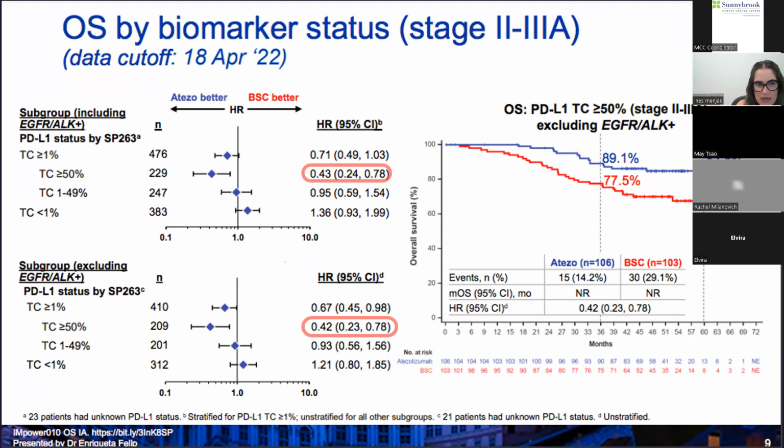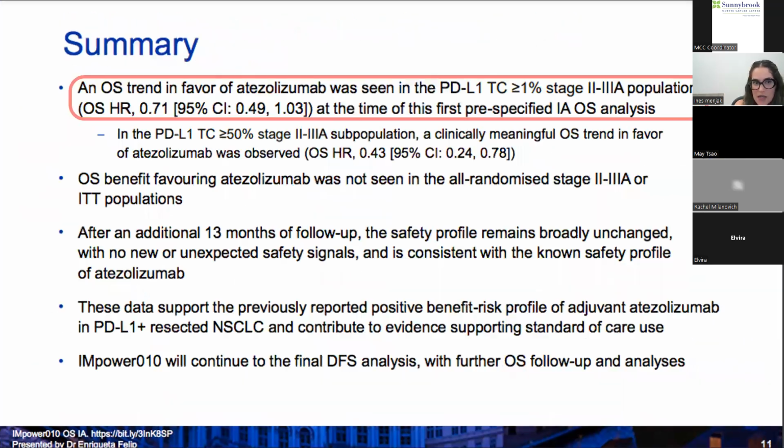As we can see, even with EGFR and ALK included, the hazard ratio was 0.43 in the arm of patients with PD-L1 equal or over 50%. And when they exclude the patients with driver mutation, the benefit was maintained with a hazard ratio of 0.42. So in 5 years, 84.8% of patients in the arm of atezolizumab remain alive, compared to 67.5% in the best supportive care. So the conclusion of this interim analysis is that the overall survival trend in favor of atezolizumab